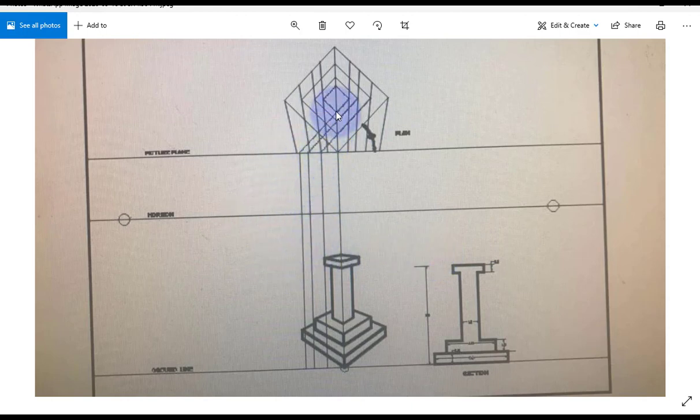Here, as you can see, 1, 2 and 3 dummy projections are going to be taken, because these 3 lines cannot be taken on the picture plane. These 3 projections are not possible to take on the picture plane, because these 3 lines reach the same point on the picture plane. So we have to extend this line, as well as this line, as well as this line, as dummy projections. And the same thing you have to do, taking dummy projections on the opposite side as well.